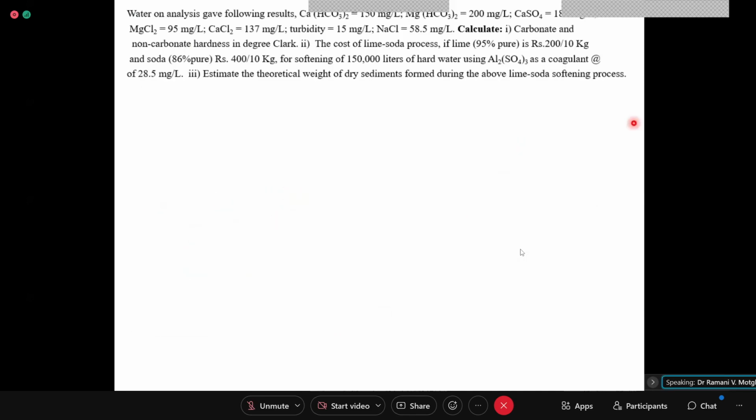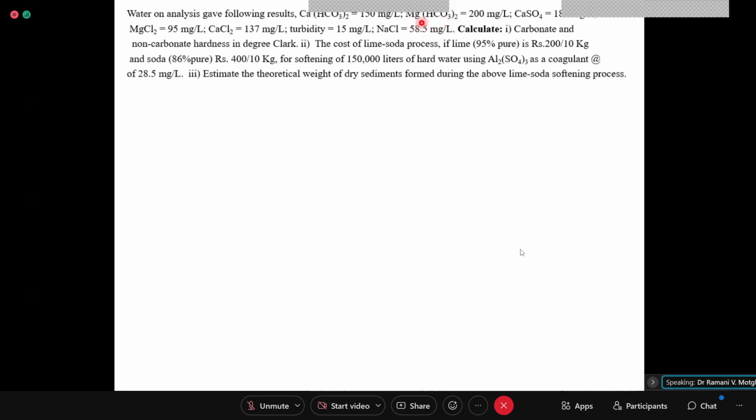Now this is one numerical which was asked in exam, and the weightage was, I think, 5 or 6 marks or more. Okay, so please write the numerical. In what form will you write? Water on analysis gave the following results. Write down the weight in tabular form. Ca(OH)2,